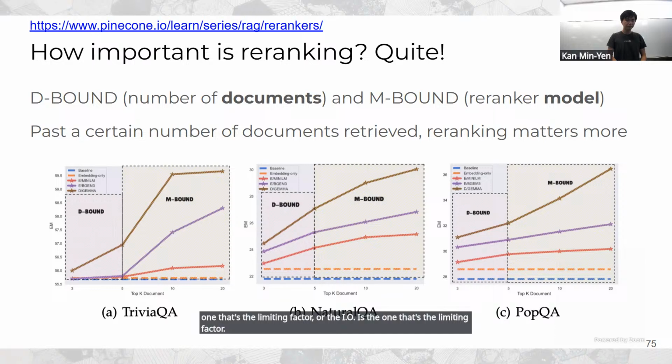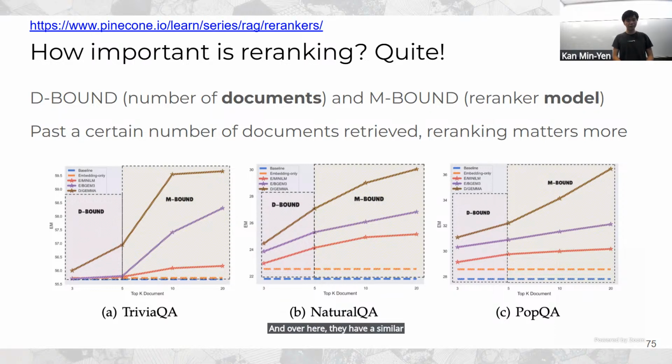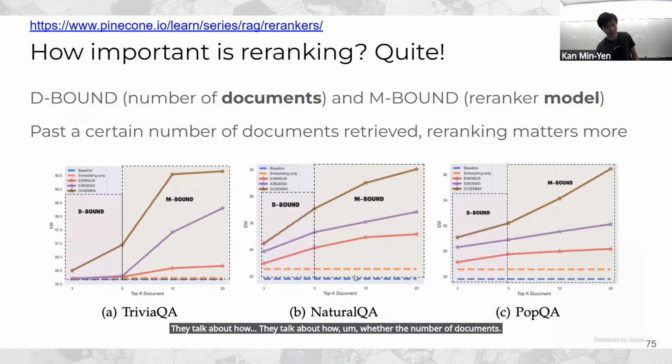Over here they define a similar notion, where they talk about whether the number of documents versus the quality of the re-ranker model is the limiting factor for the effectiveness of this exact match metric.